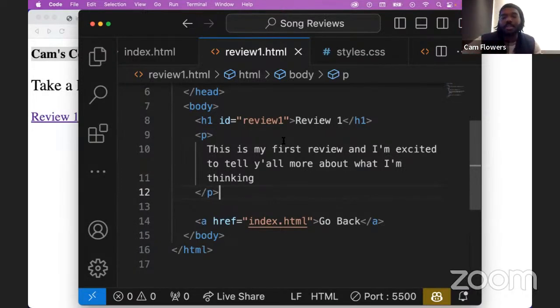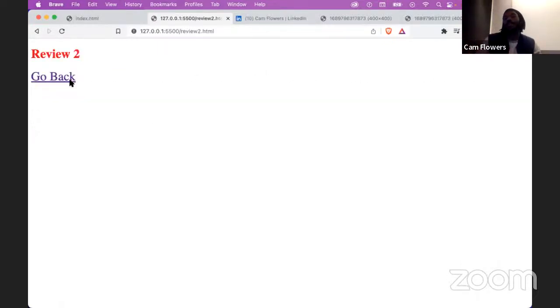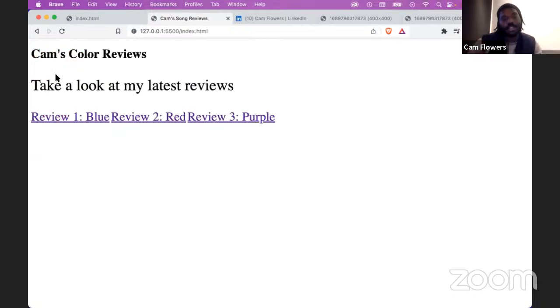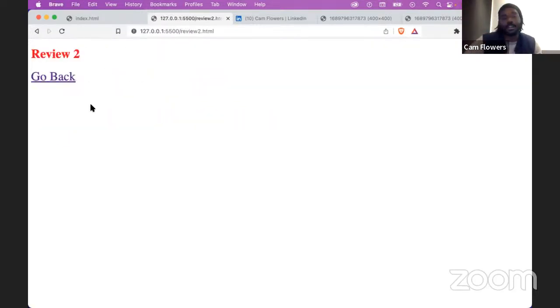And that will allow you to start to make your sites a little bit more nuanced with relationship to what each page is going to be able to show. So classes and IDs are a very important set of attributes to add to your arsenal. But with what you have right now, you can start a really cool review page for yourself where each of these different things can reference or talk about whatever you want it to talk about. So whether that's song reviews like I was doing before, or a blog about different pieces of content, take your pick, have fun, continue to hack with HTML, CSS,